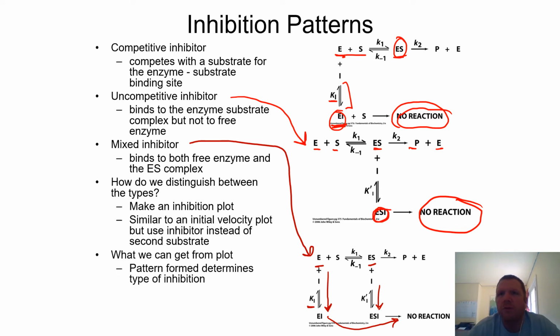So the pattern of that graph is going to tell you what type of inhibition. We're going to get to those in just a second, but it's important to think about this because we become so accustomed to looking at the graphs and saying what type of inhibitor it is. You have to remember the way that this is approached is from the